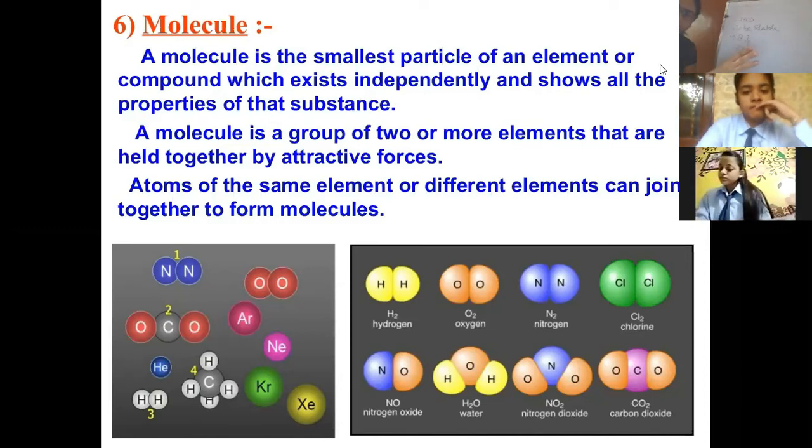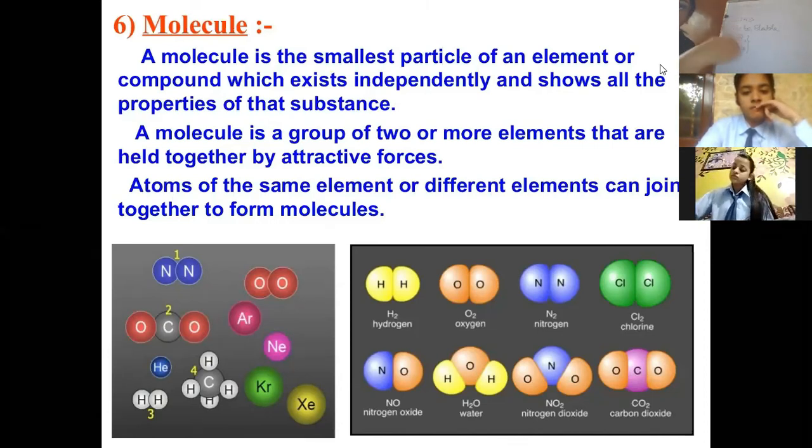But the rest of the atoms, those having more than the K shell, L shell, M shell, and whose M shell or L shell is the last shell, should have 8 electrons in their last shell, right? Now, there are only a few elements which are said to be the noble gases, the inert gases. These are also called zero group gases.